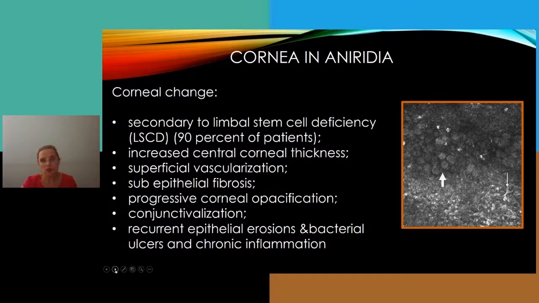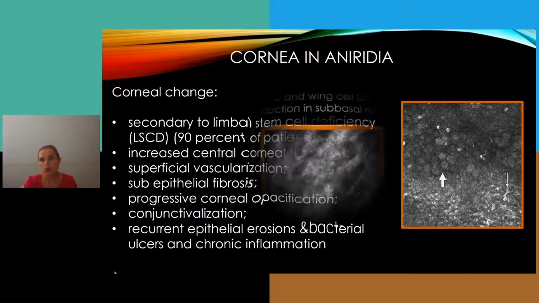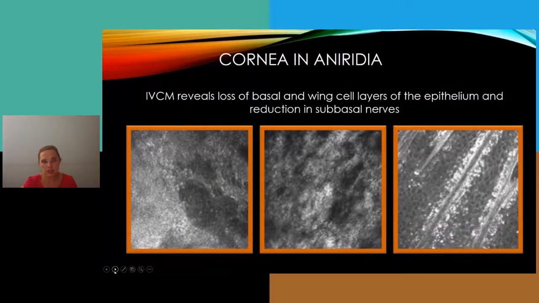Interestingly, the cornea, when there are no patent limbal stem cells, undergoes a process called conjunctivalization. And this is in vivo confocal microscopy, which basically demonstrates goblet cells here in the cornea, and they are part of the conjunctiva. So in those patients, we definitely have more risk for development of ocular surface disease. And finally, the cornea starts to change its surface, it may ulcerate, and therefore we may have ulcers with acute or chronic inflammation. And this is what in vivo confocal microscopy reveals.